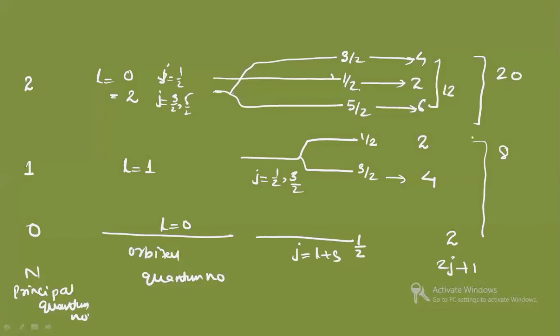Alright. Next you will see for N is equals to 3. Okay. Suppose this is the value of N. This is the orbital quantum number. Alright. So here we are doing the J and here the filling. So if I'm taking N is equals to what? 3. So L will be equals to what? L will be equals to 1 and 3. Right. So for L is equals to 1, the value will be how much?